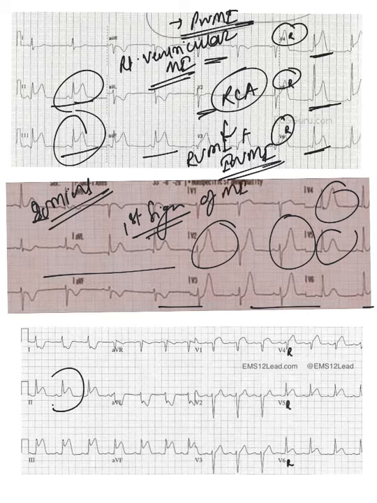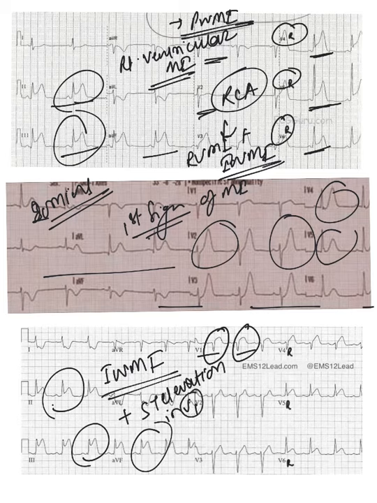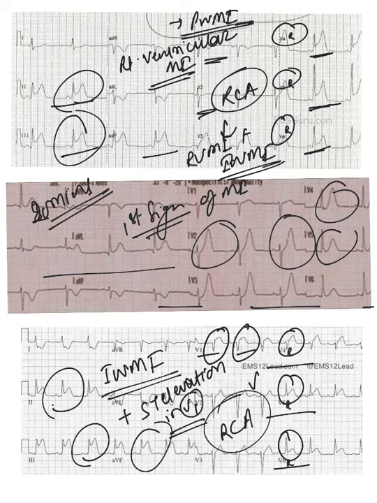And let's look again, this is the last ECG. 2, 3, aVF is showing ST elevation, so inferior wall MI, and we learned that V1 is the nearest lead to the right ventricle and it is also showing ST elevation. So whenever inferior wall MI is there, plus if you find ST elevation in V1, we have to rule out right ventricular wall MI, and V4R, V5R, V6R are showing ST elevation. So this is inferior wall MI plus right ventricular wall MI secondary to RCA thrombosis.